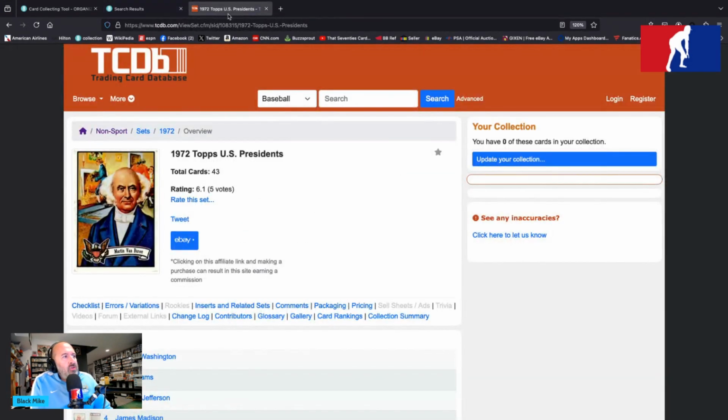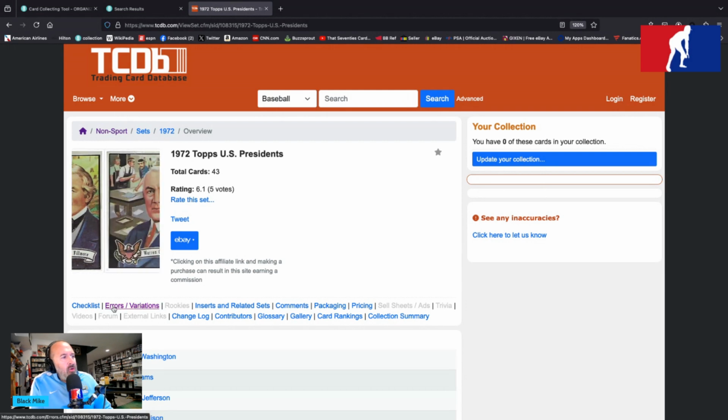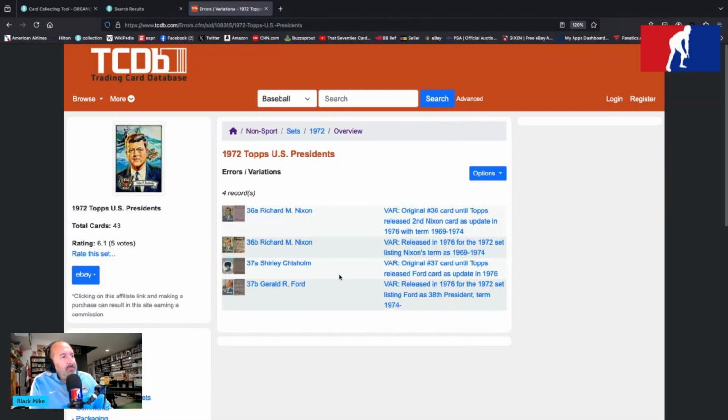Let's get over to TCDB, and we see that this looks so suspiciously like the Bowman and the Topps U.S. presidents sets from the 1950s. And, of course, Topps could get away with this because Topps owned all the Bowman intellectual property at that point. So, errors and variations. Richard Nixon,